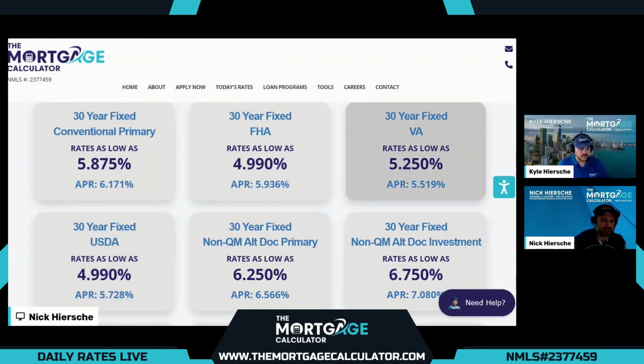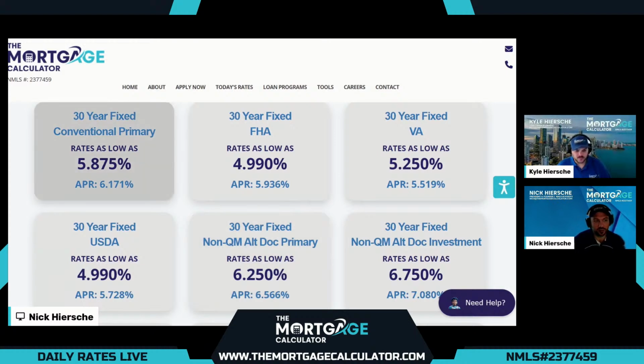Now that rounds out the standard options that any bank or lender will have if our customer doesn't qualify. Unfortunately, most banks or lenders have to deny them, but that's where we love to present our 5,000 plus loan options here, starting with our non-QM alt doc for primary, which is also one of our topics for today.